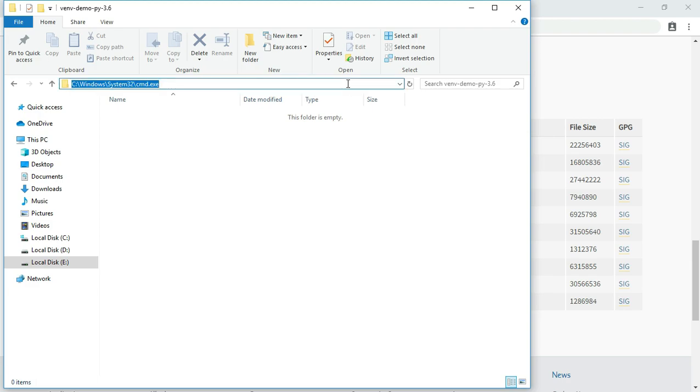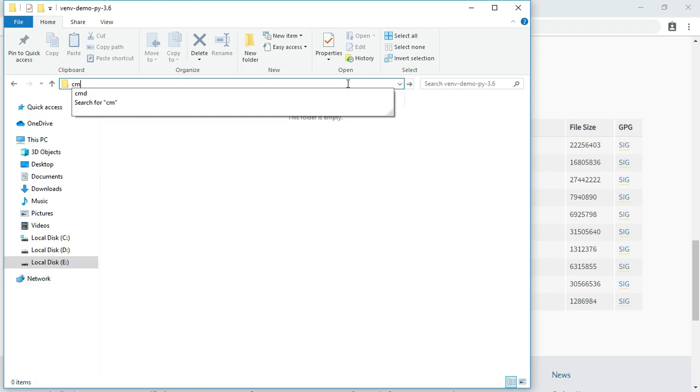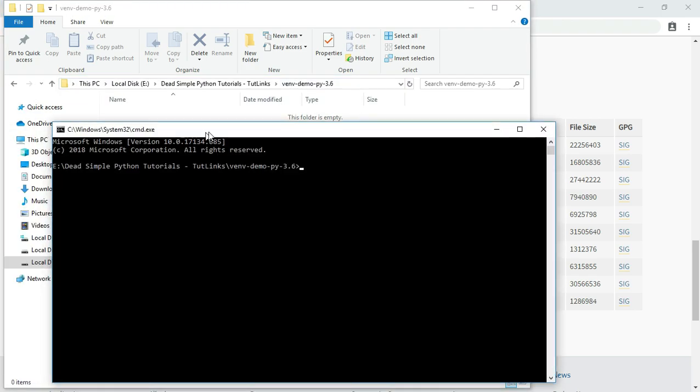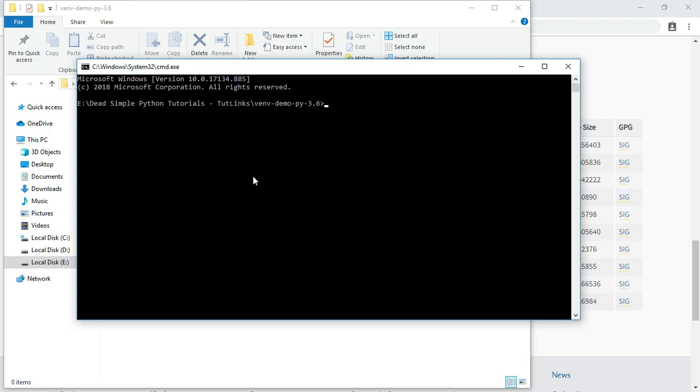So click on this toolbar and type cmd and hit enter. It will open up a command prompt like this, and open Visual Studio Code by typing code space dot and hit enter.